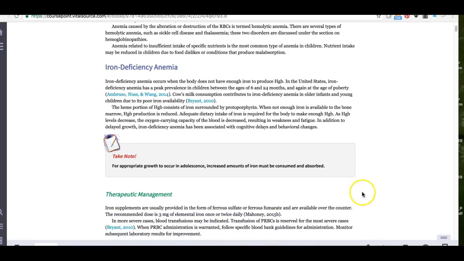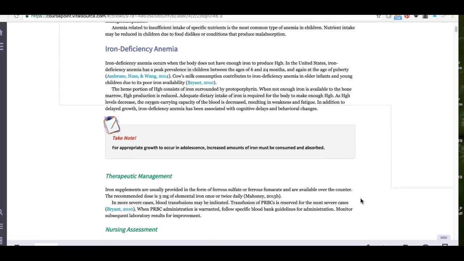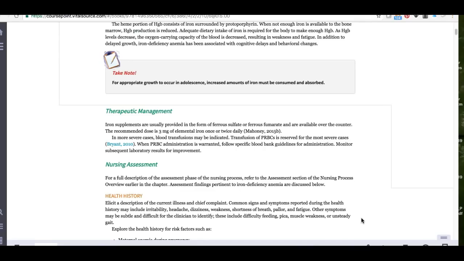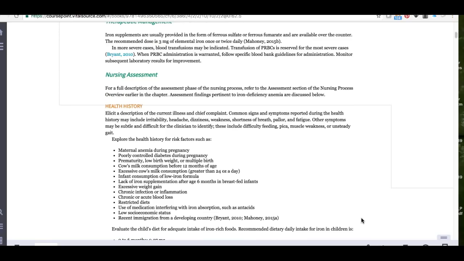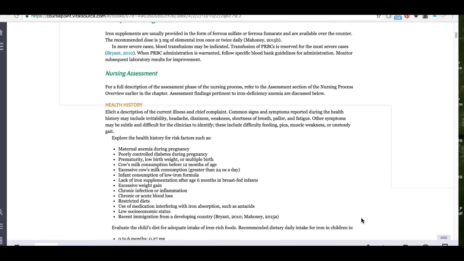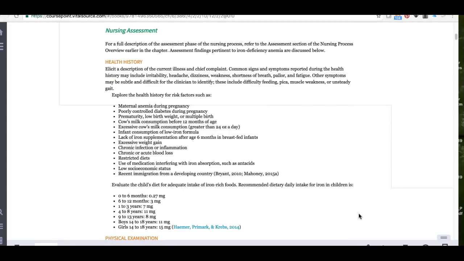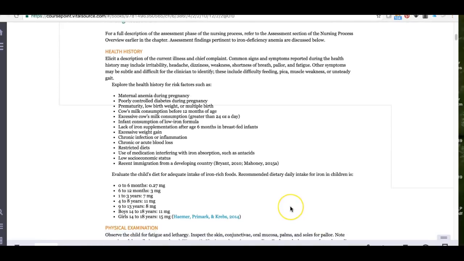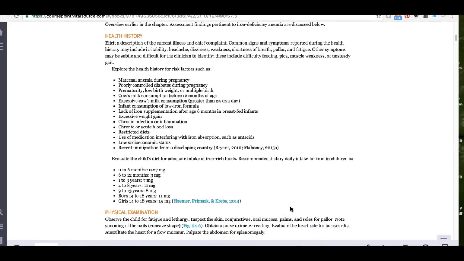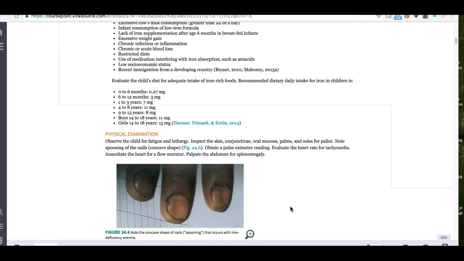So that's why you see it in kids. In teenagers, again, they need more iron, and they get less iron. Their dietary intake of iron is probably not very good. So those are the two age groups where you're going to see some anemia. Real important to get a good health history if you suspect anemia. A CBC will show you your anemia. And again, those red blood cell indices are going to tell you what types of anemia you're dealing with. But again, just focus on iron deficiency anemia for this